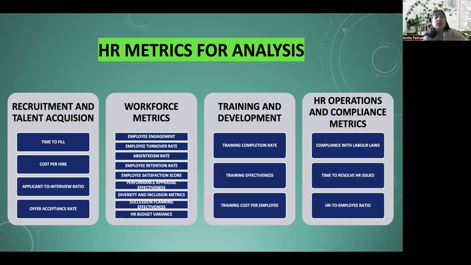HR to employee ratios. So dear friends, these are certain metrics I have covered. There is a long list of metrics, but broadly I just displayed recruitment and talent acquisition, workforce metrics, training and development, HR operations and compliance metrics. The idea of presenting these metrics to you is that being an HR professional, we may surround ourselves with a huge quantity of data. We are at the center place. A lot of data is generated every second. But based on the type of task given to us, based on the objective we have, we will use our analytical mind to identify the type of metric required and utilize that metric to do